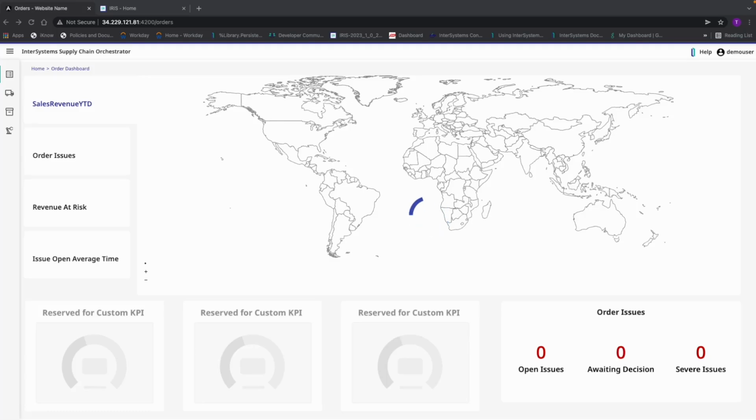Hi, this demonstration will show how InterSystems Supply Chain Orchestrator, or SCO, can be used to deliver business solutions with accelerated time to value. Let's take a scenario where a workshop is conducted with line of business users and a use case is defined. A set of sample files is collected to support the use case